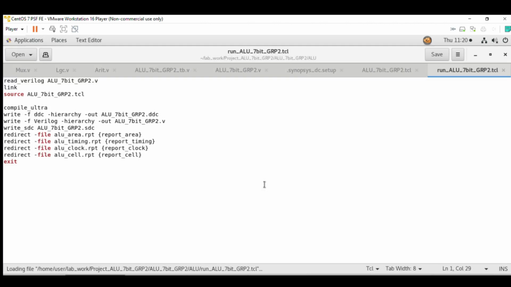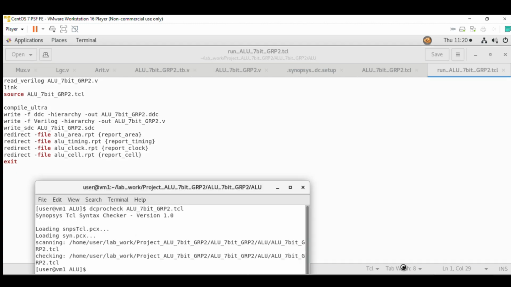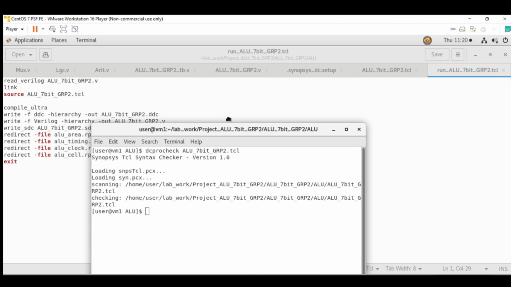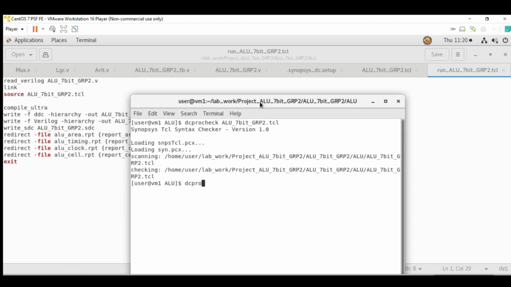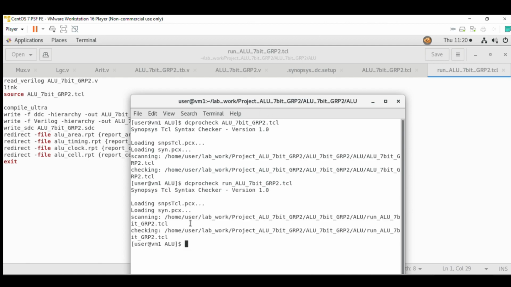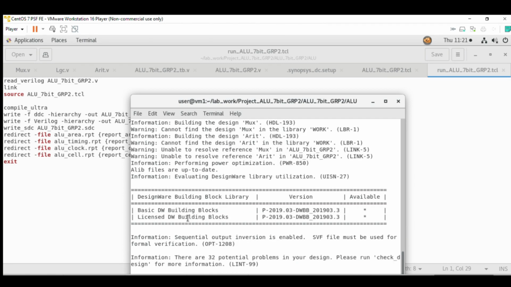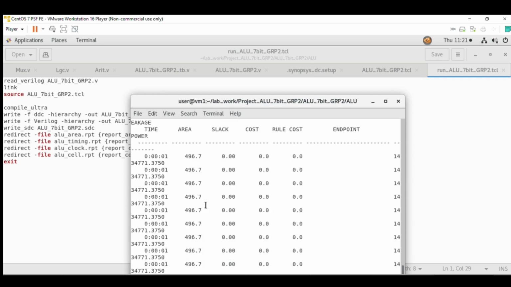Before that, we see how we do it in the TCL, and then we go back to the terminal and we put out the DC project run ALU 7B Group 2 TCL. After it completes, we do the dc_shell -f run_ALU_7B_Group_2.tcl, and -tee DC log. So it will show us all of the log that we needed,